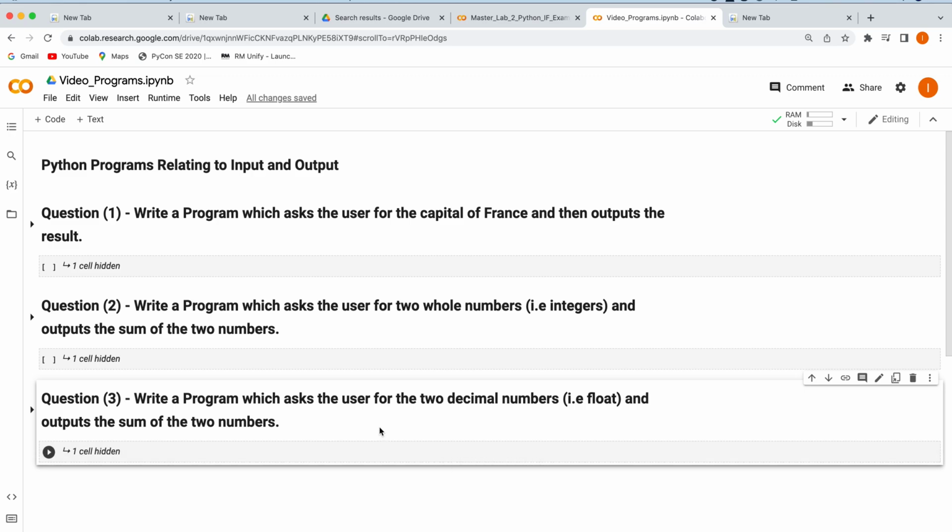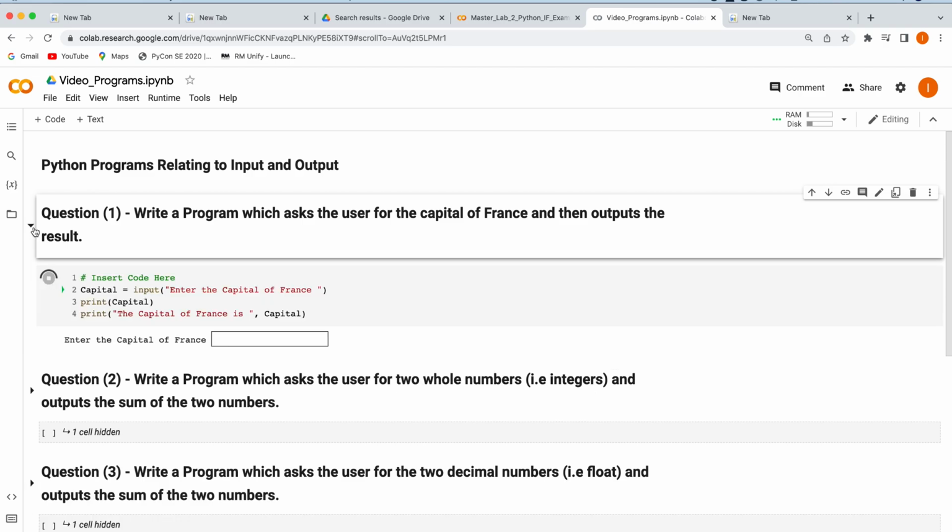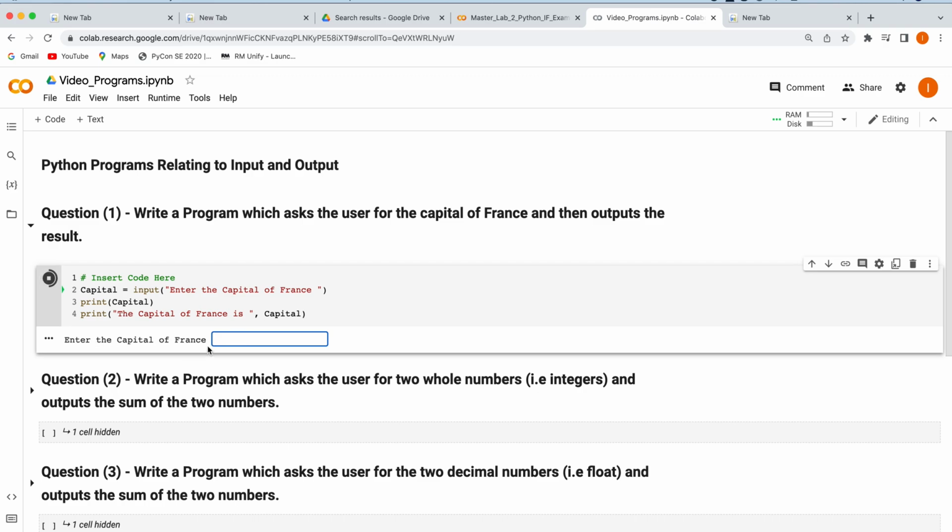Let us look at Python programs relating to input and output. Question 1. Write a program which asks the user for the capital of France and then outputs the result. Now here is the program. Oh, there it is. Now if we run this program, it says enter the capital of France and let us